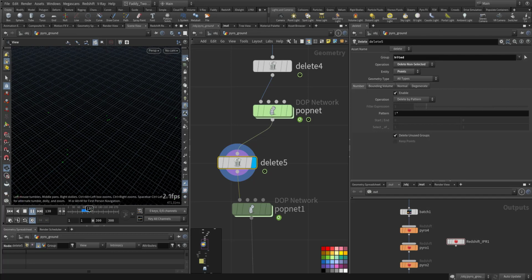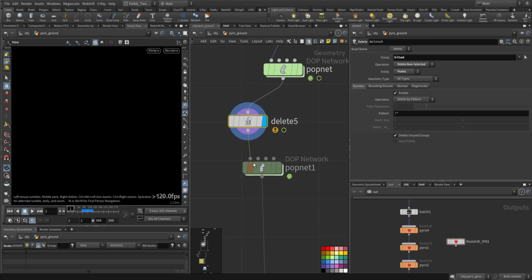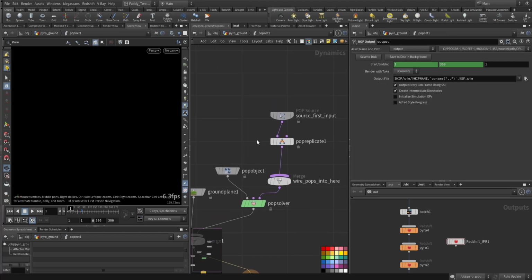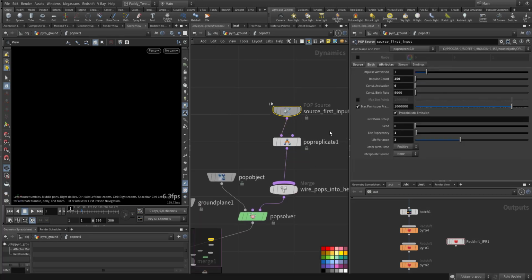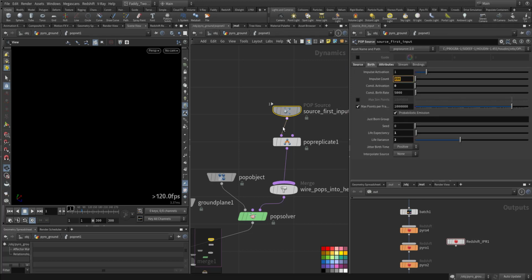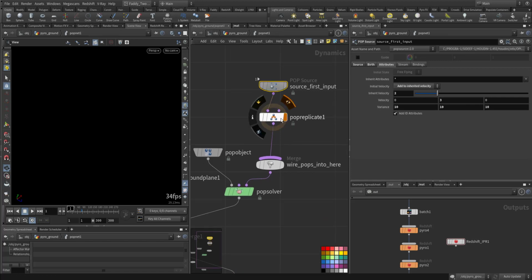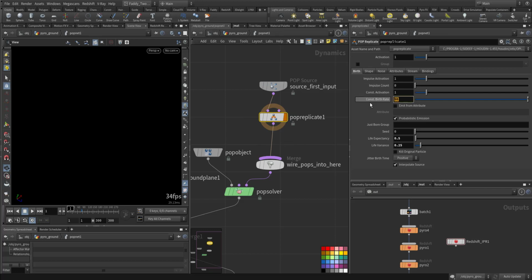So these are the groups, the starting point for my ground simulation of the dust. I took them again and added them to another POP network, and I'm replicating them, importing them. Source is the points, impulse count 250. I don't want to go crazy because it's a sim of smoke. I'm inheriting the previous velocity attribute, and I'm increasing it, going more random, and POP replicate only 50